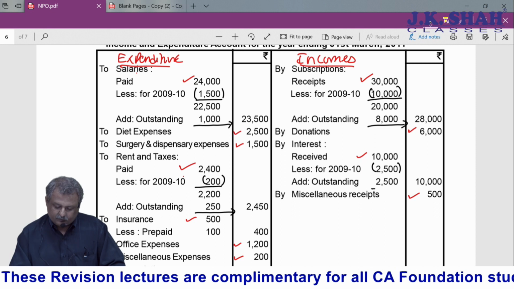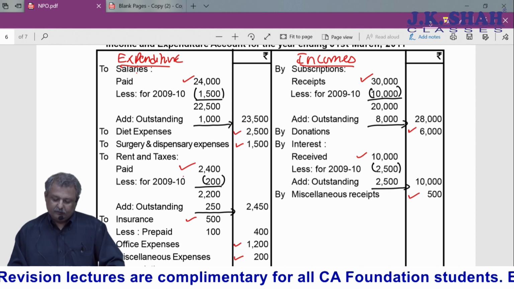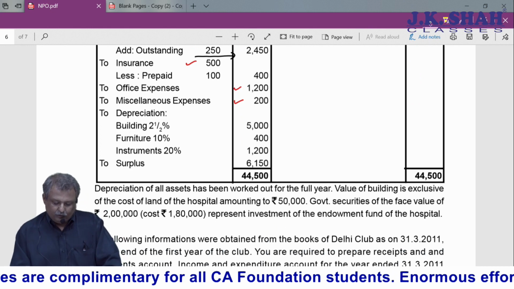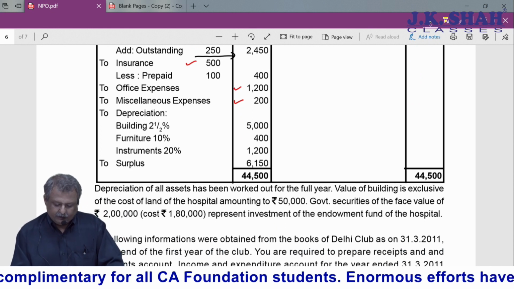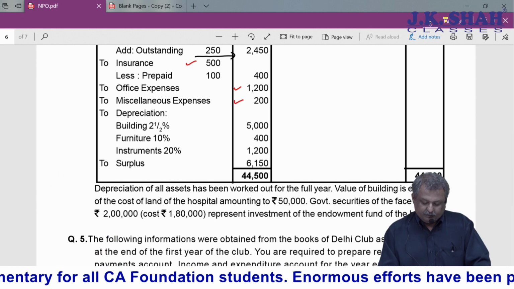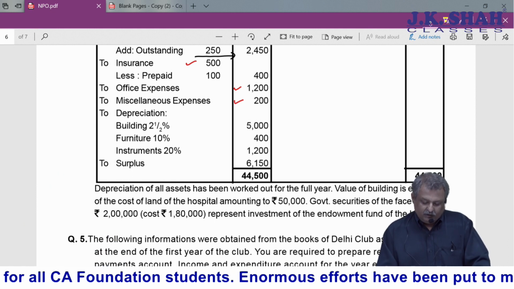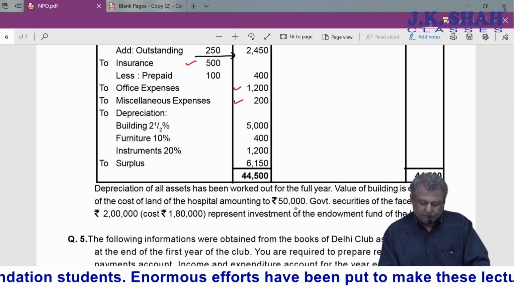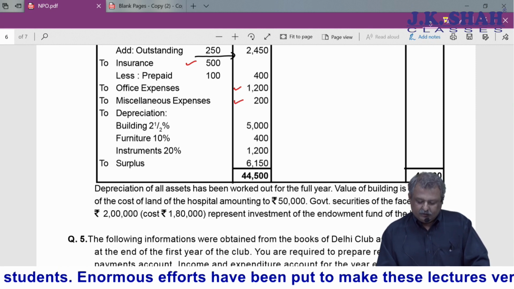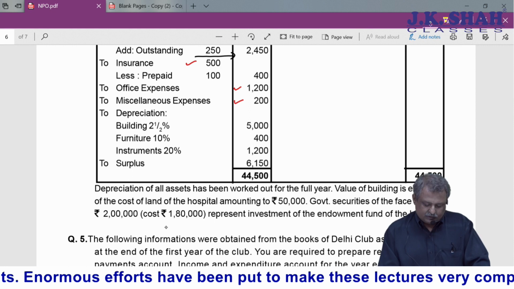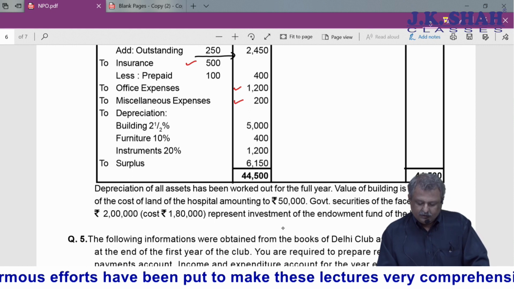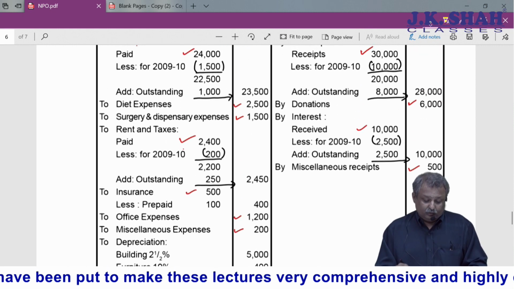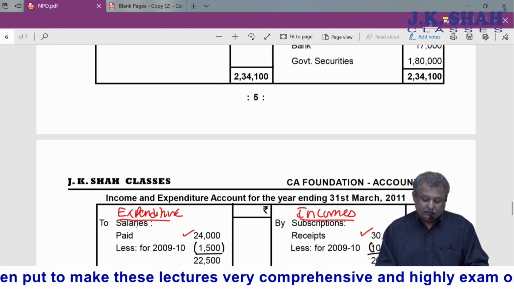Similarly, now depreciation of all assets has been worked out for full year. Okay, so this is some important information. Value of building is exclusive of cost of land of the hospital amounting to 50,000, and government security of the face value 2 lakhs, cost 180, represents investment of endowment fund. Okay. Now to prepare income and expenditure,